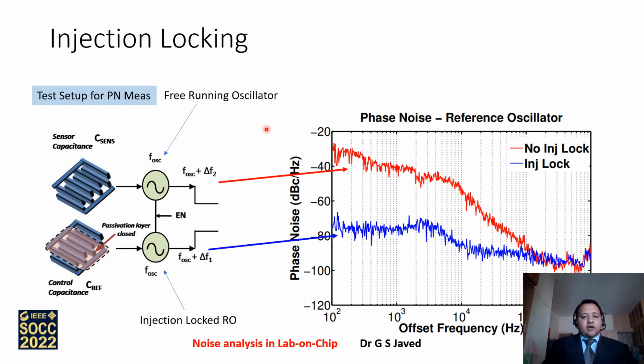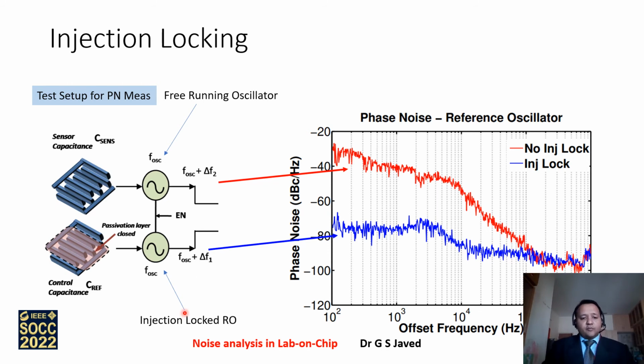Injection locking is done to ensure that the noise level of the measurement area drops, and it allows you to find out what the difference in the measurement is. For example, in this particular case, as a setup for the phase noise measurement, the sensor capacitance is a free running oscillator, and the control capacitance, which has a CREF, also called the reference oscillator, is injection